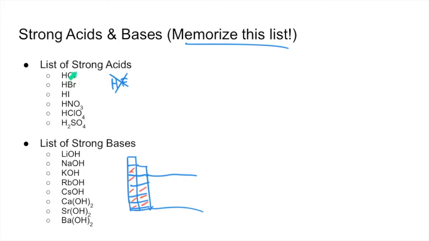Up here for strong acids, you've got members of the halogen family plus nitric, perchloric, and sulfuric acids. Down here for strong bases, 1A metals with a hydroxide, and some of the 2A metals, calcium, strontium, and barium, mixed in with hydroxides as well. Remember this list. You need to know this list to identify what is strong. If you know the strong acids and strong bases, then if it's not on that list, it must be